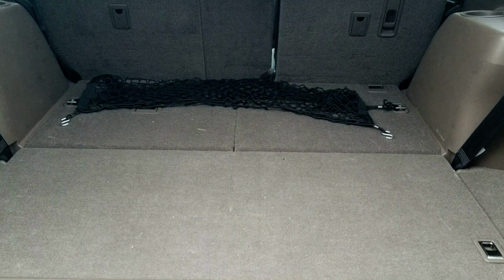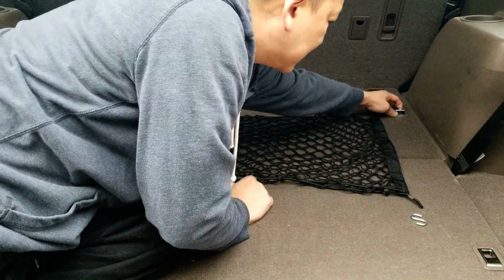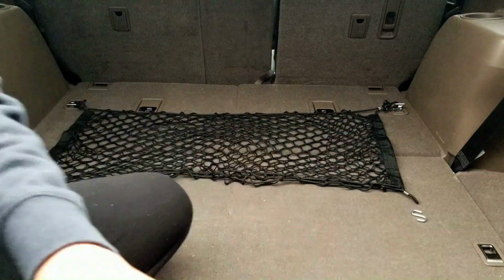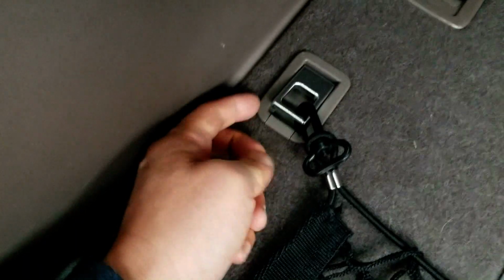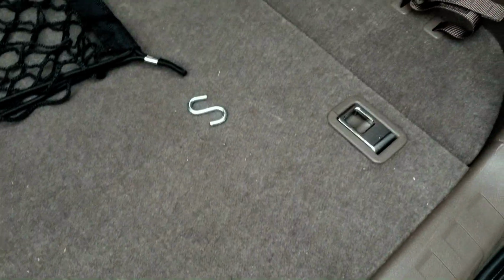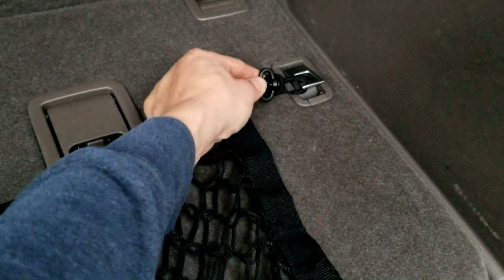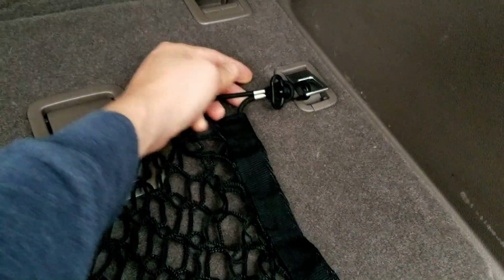Okay, your cargo net, if you disassemble it and detach it off the side corners, you could actually lay it on the floor right here and attach it to the connections right here where Lexus has these brackets for you. Okay, let me show you a little closer what they look like. So on each corner, Lexus has these attachments for you, okay? They have these attachments for you to hook up anything you want. So I'm going to go ahead and take the opportunity to hook my fish hooks that came with Amazon and hook onto those. And the back ones, I'm going to leave them loose